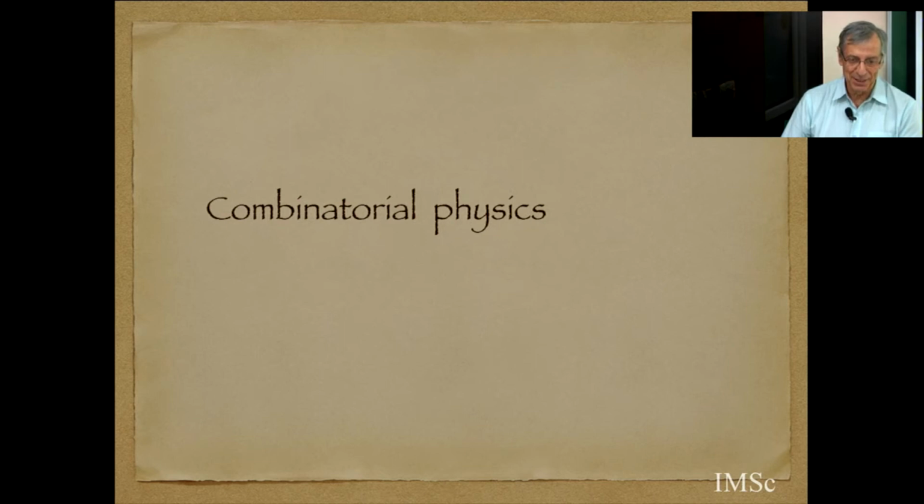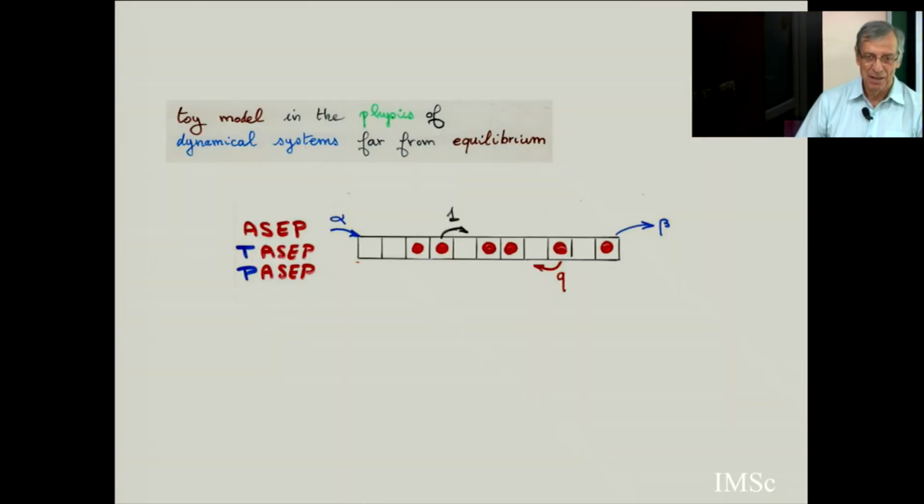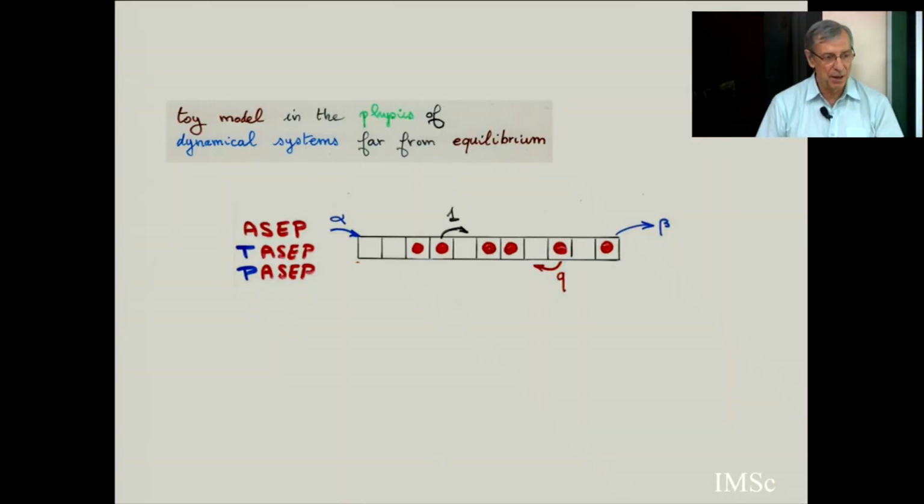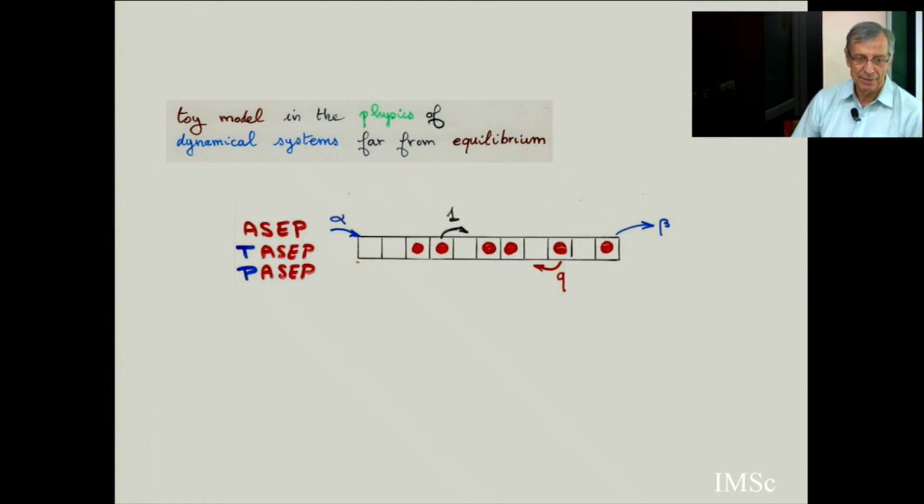The first main example is RSK. We'll spend 3 or 4 classes on this. The second main example comes from physics. And the physics is called the PASEP, the partially asymmetric exclusion process, or the TASEP, the totally asymmetric exclusion process. So you have a finite strip, and in this strip there is some particle moving. You see it? So the strip is fixed, and exclusion means there is at most one particle in each cell.